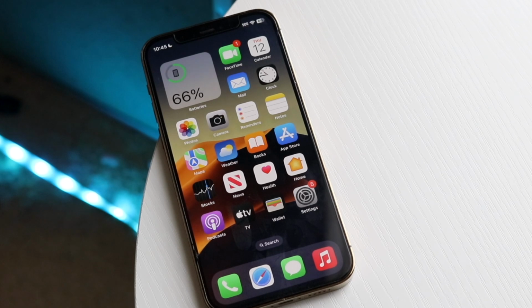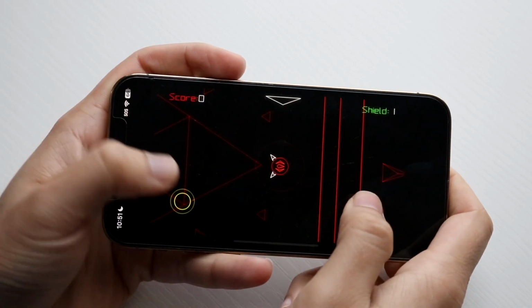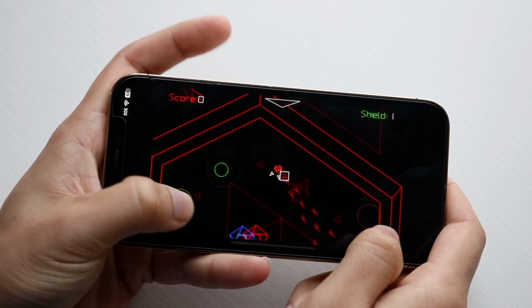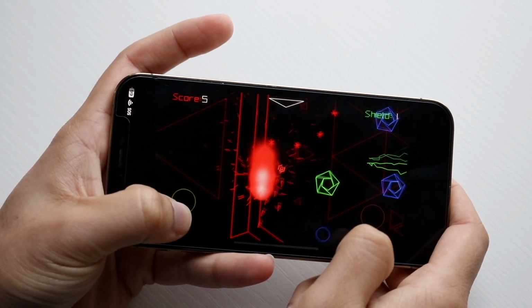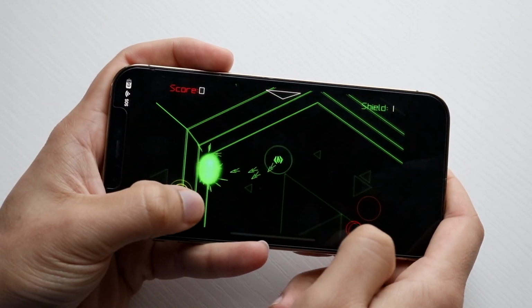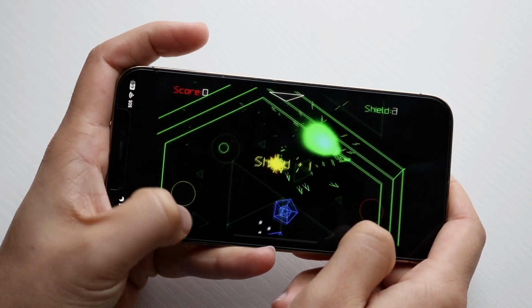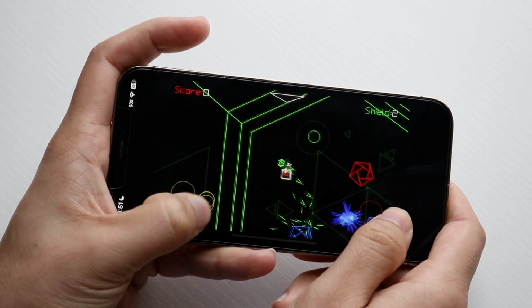On the sides though, you do actually have the flat side on this iPhone. These were the first set of iPhones to bring back the flat sides since the iPhone 5S or iPhone SE first gen. That was some really good stuff. I like having flat sides. I like having curved sides too. I still haven't found the one I like more, but that was something that's really cool, and I'm glad that Apple ended up making the switch back because it makes the phone feel much more premium, which is very, very strange. You have the Lightning port at the bottom, and on the back you have the frosted glass back,